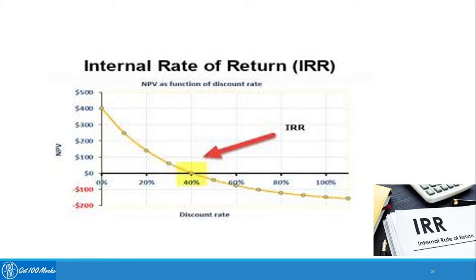Probably this graph will make it more clear to you. If you see, you have the discount rate, which may not be the IRR all the time, but a particular value of this discount rate will be the IRR. The discount rate is plotted on the x-axis and NPV is plotted on the y-axis. As the arrow shows here, this point, which is 40%, is the point at which NPV is equal to 0. If you see, NPV is equal to 0, it is touching the x-axis. So obviously NPV is 0 here.